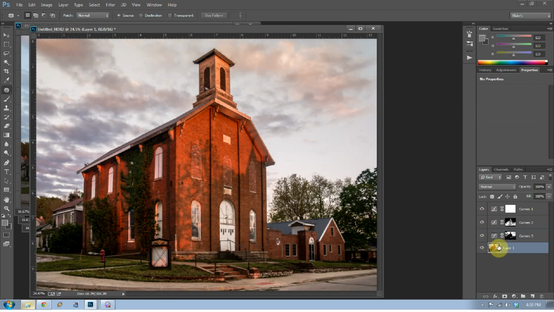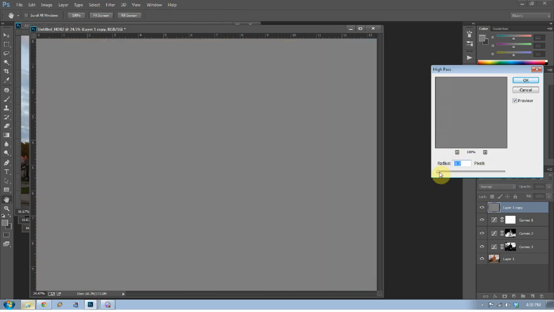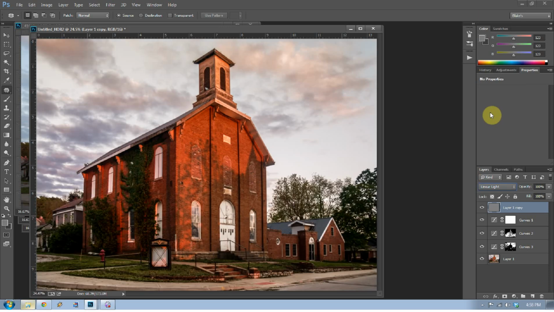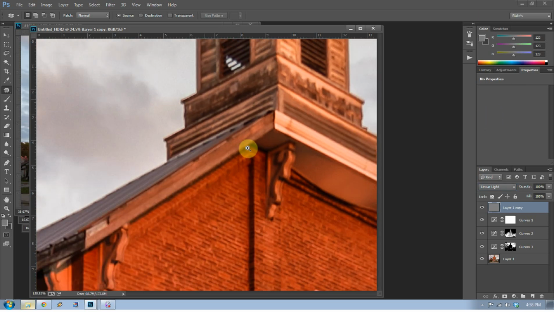And now what I can also do is duplicate the background layer, bring it up to the top, and do a high pass sharpen on it. So I'm going to go into filter, go to other, and go to high pass. And I'm going to change that to something really small like 0.4. Actually, let's go with 0.8. Press OK. You can't really see what it's doing right now, but if we press linear light, you'll see that it's really sharpening up this photograph. And it's sharpening it up way too much at 0.8.